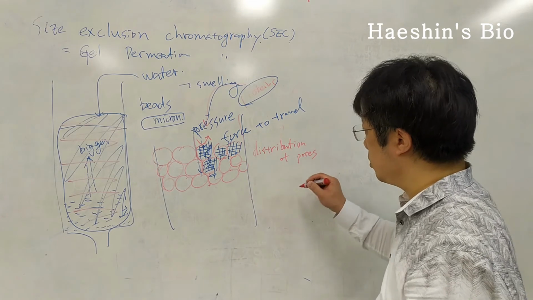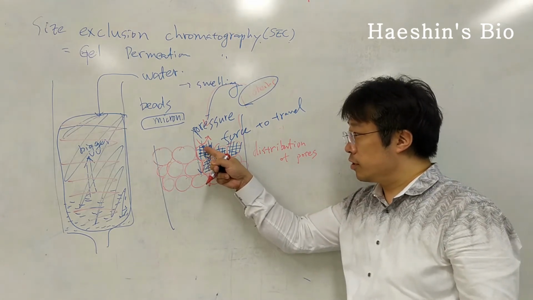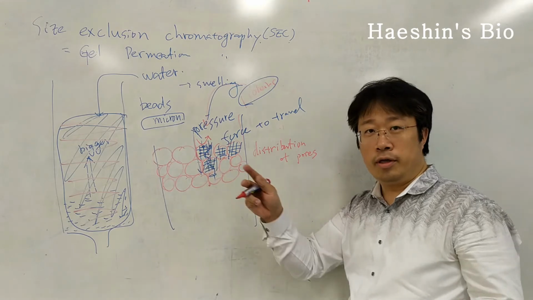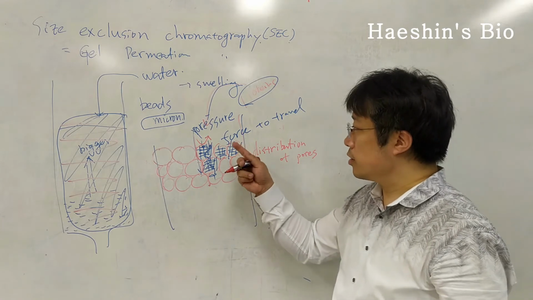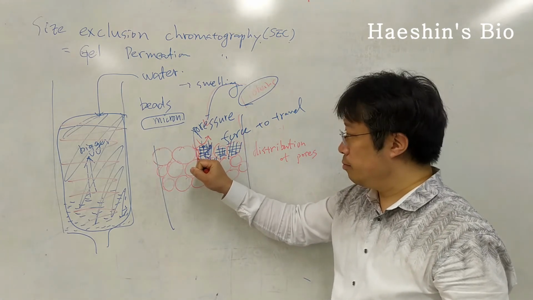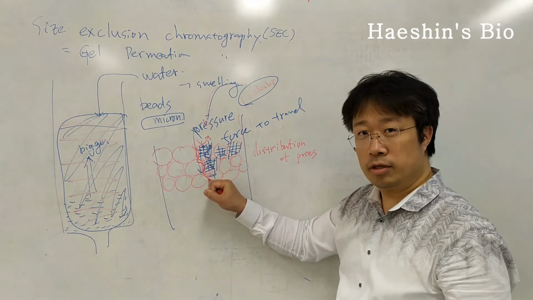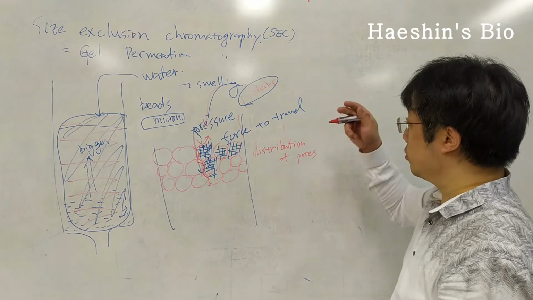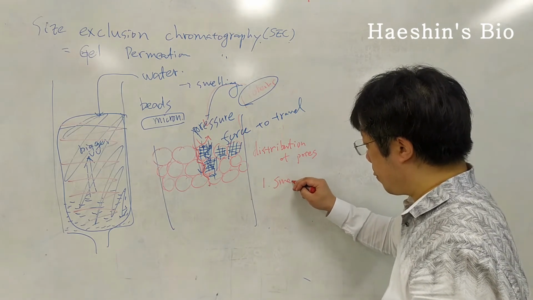The important concept is the distribution of pores, which, as I mentioned before, means even the individual pores are of different sizes, right? So some proteins can go inside, but can be excluded. So then you have scenarios where small proteins